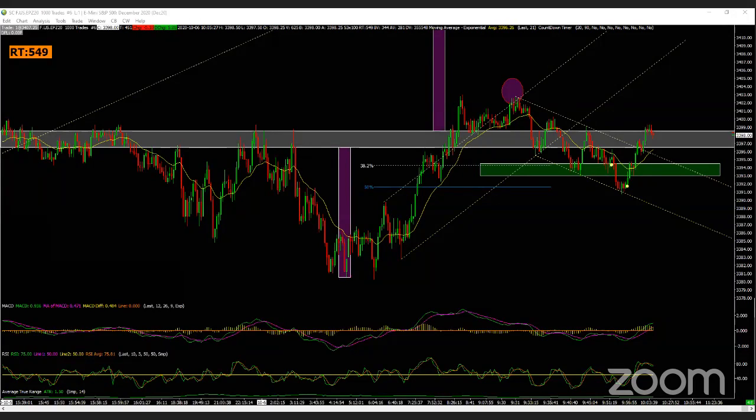We get eager and we want to get into a trade, so we start to apply what we think the market should be doing, right? Then we call that confirmation bias, where anything is an excuse to take a trade, and this is when we lose money. So we got to stay disciplined right now, wait to see what's going to happen.